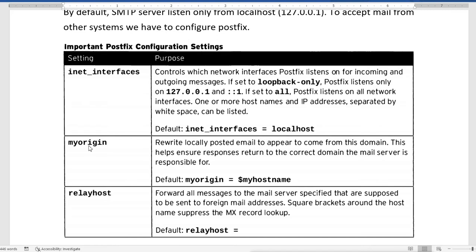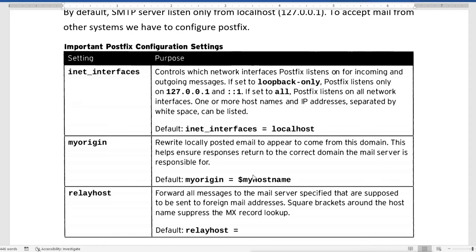Now myorigin rewrites the locally posted email to appear to come from this domain, and this helps ensure responses return to the correct domain the email server is responsible for. So myorigin defines the domain name, and we can set the variable here, myhostname. This will rewrite the locally posted email to appear to come from this domain.